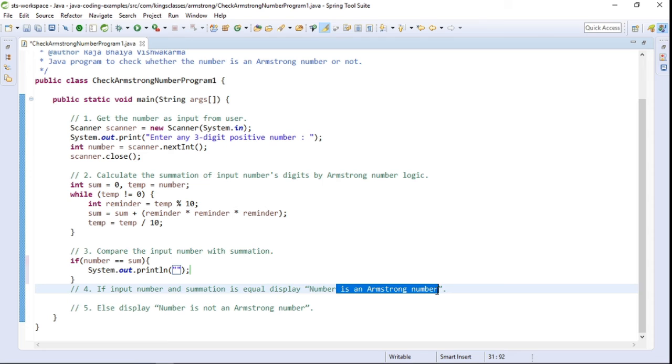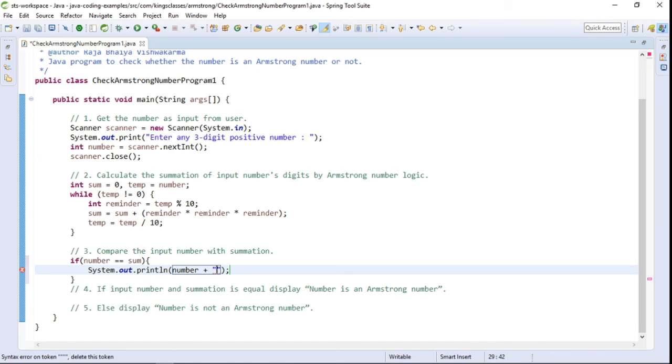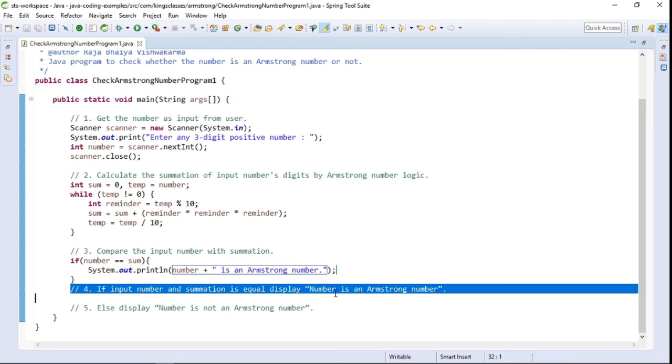Let me copy it from here. We will print the number plus "is an Armstrong number". This message will come in case the number is equal to the sum.